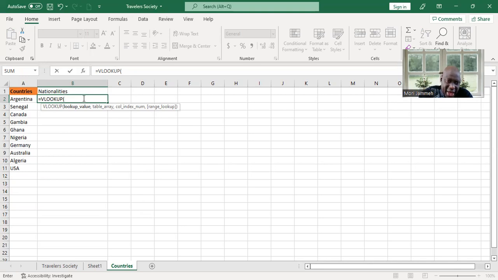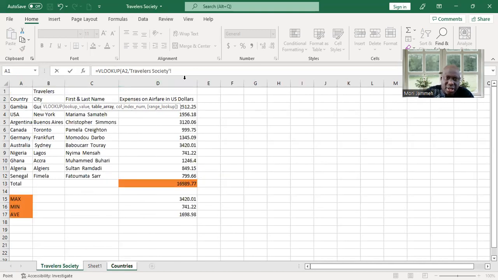So column A has the information. We need to get information from column B. So here what we'll do is equal to VLOOKUP A2, followed by a comma, and we'll go to